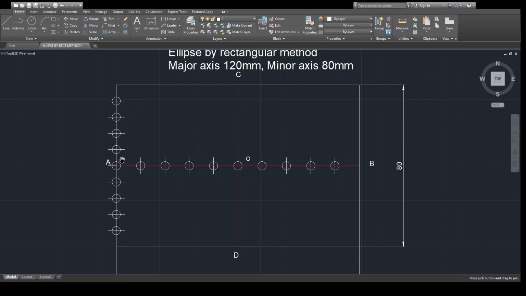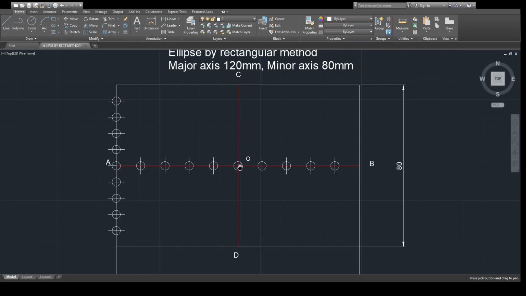You can see we have divided the lines AB and CD, and the center we call O. So divide this AB line, the major axis, into 10 equal parts: you can see 1, 2, 3, 4, 5, again 1, 2, 3, 4, 5, so the total becomes 10. Here also 5, and this end 5, so total 10.